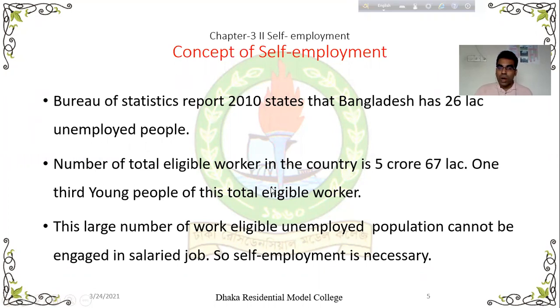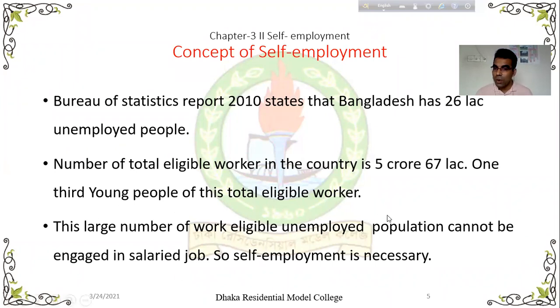Number of total eligible worker in our country. In our country, out of 15 crore 25 lakh 18,015, there are 5 crore 67 lakh. আমাদের এই জনগোষ্ঠীর মধ্যে মাত্র 5 কোটি 67 লক্ষ এলিজিবল ওয়ার্কার, অর্থাৎ কর্মশক্তি সম্পন্ন লোক, অর্থাৎ এদের কর্মশক্তি রয়েছে, এরা কাজ করতে পারে।